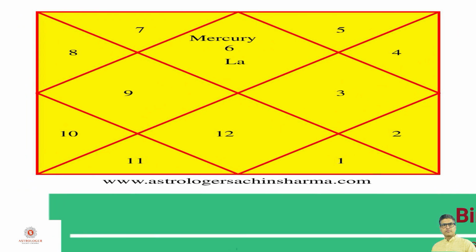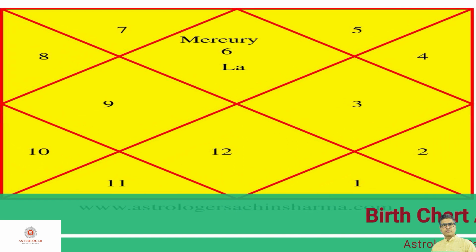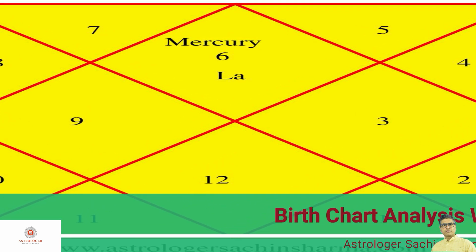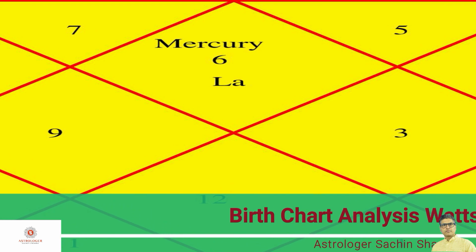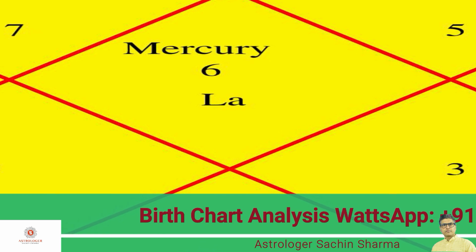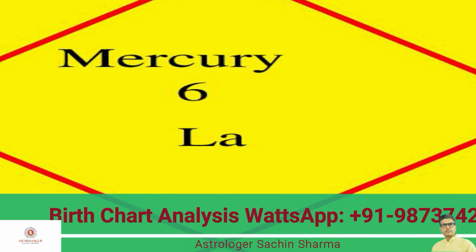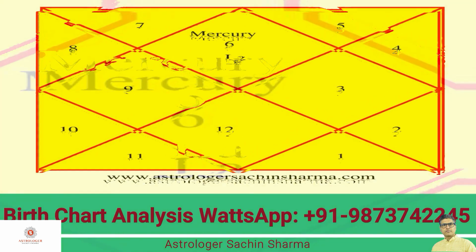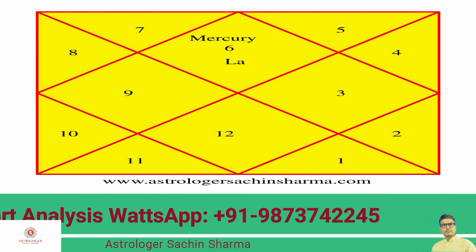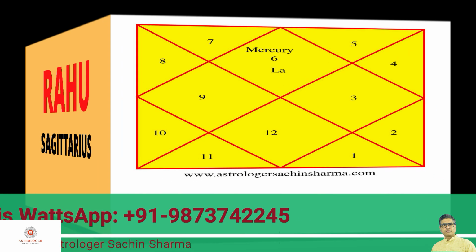In this birth chart, Mercury is placed in the first house of the birth chart where number 6 is written. That means the lord of the first house in this birth chart is Virgo, and hence we can say that Mercury is placed in its exalted sign here. Such a person in Mercury Mahadasha will attain his or her maximum in the career, attain the peak in his career. Such a person will attain everything in life whatever he or she desires. Mercury will change the life of the native during its Mahadasha period.